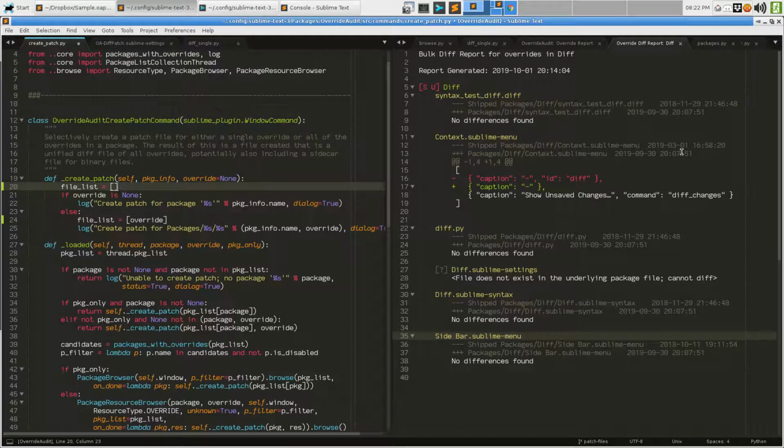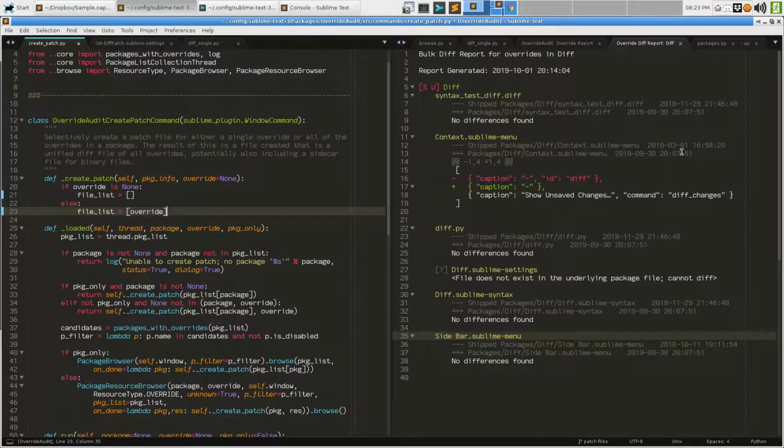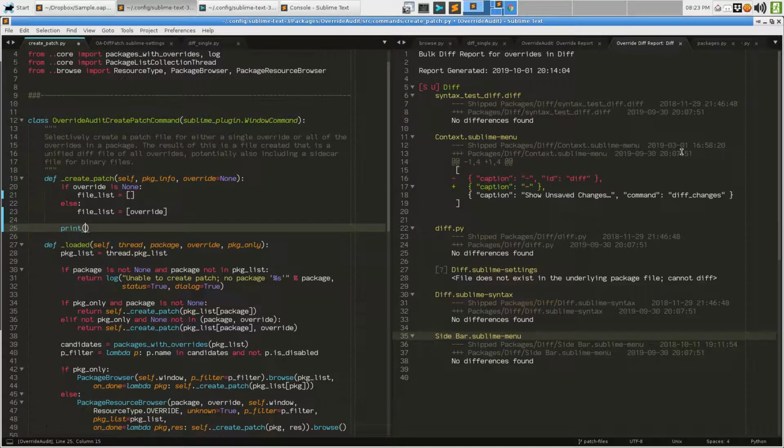Actually, maybe we don't even need to do that, right? We could do this. And we would remove those logs because, whoops, we know both of those things work. And what we would actually do is something like, well, actually, I guess we could do that the other way, couldn't we? We could log